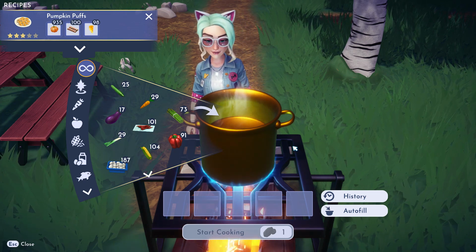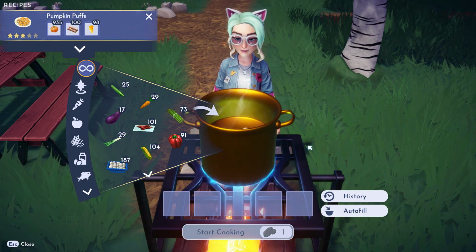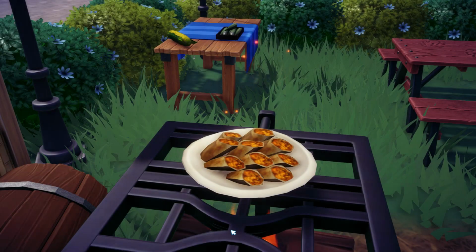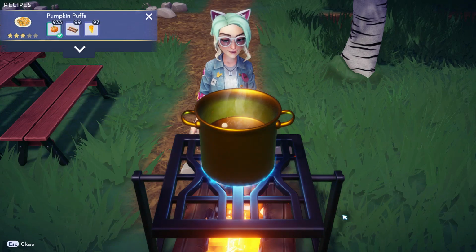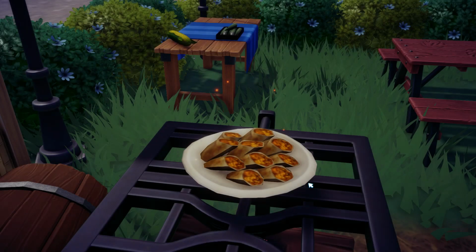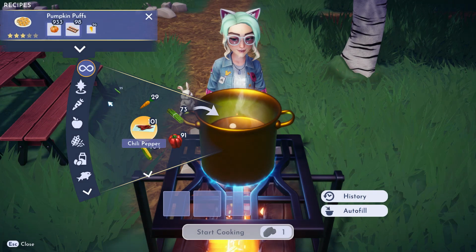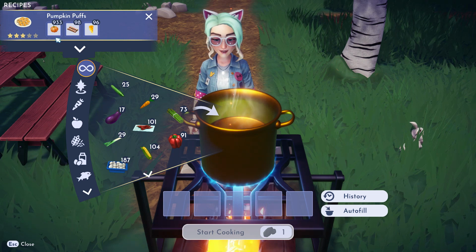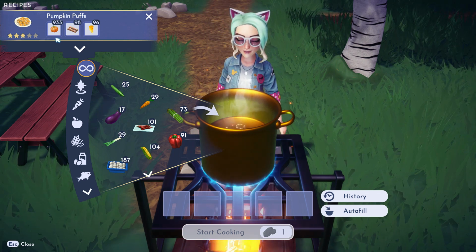Not even once a day, probably 3 times a week. I make 100 pumpkin puffs, and I just sit here and put a YouTube video on my phone and cook them all. So once I've cooked those, then I sell them, and you can see I have 933 pumpkins right now. If it ever gets to where I'm below 500 pumpkins and my waiting for the rain method hasn't